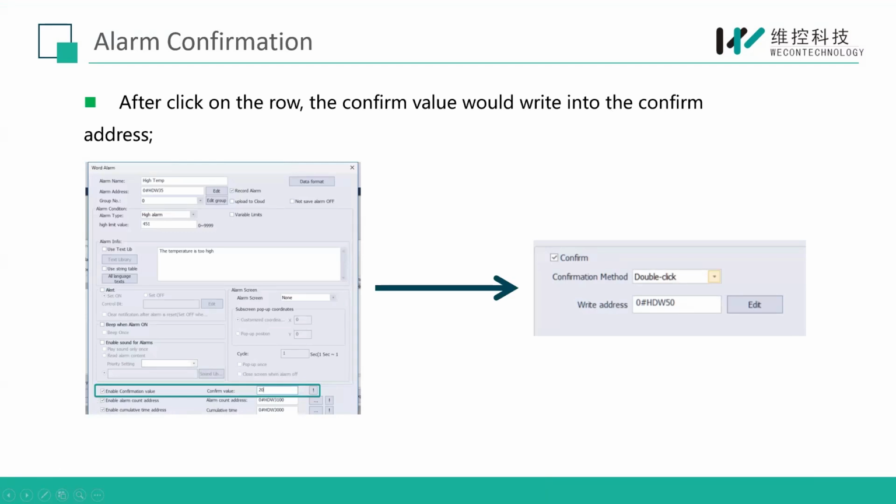As I just told you, I will explain it later, that you can confirm the value of your alarm. The value is 20. And when you double click on the alarm run bar, this value will be written into this address HW50, and the confirmation is a double click. So you can see here,